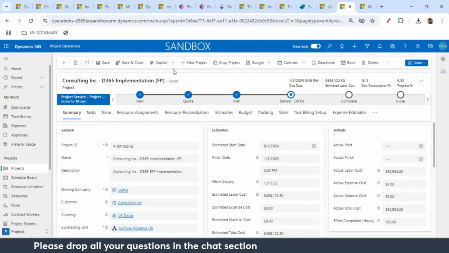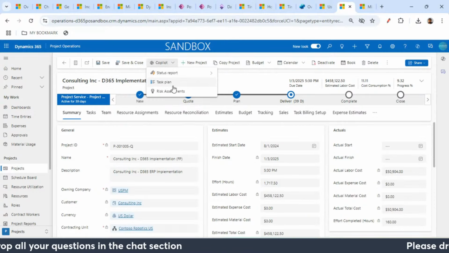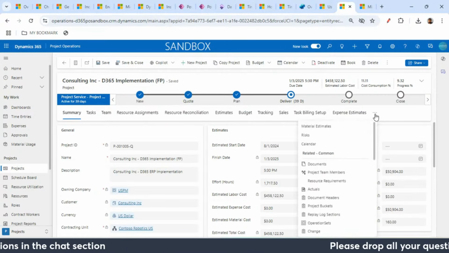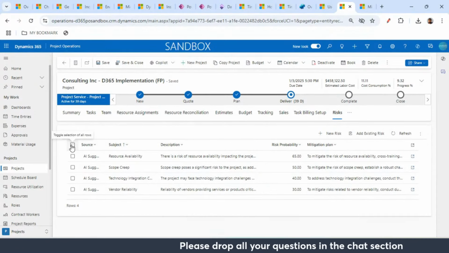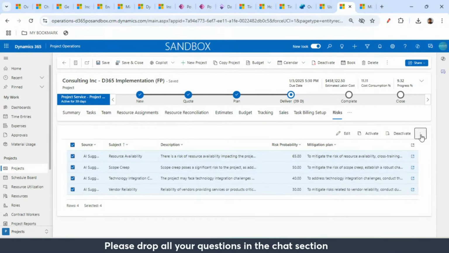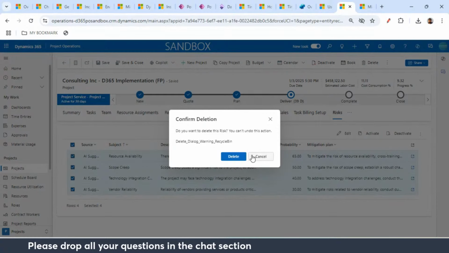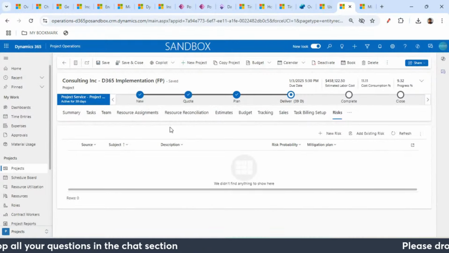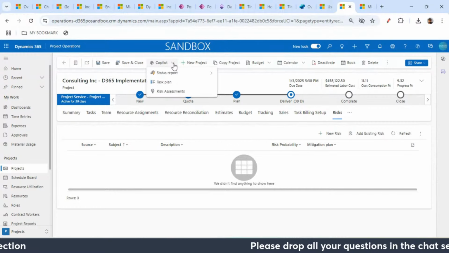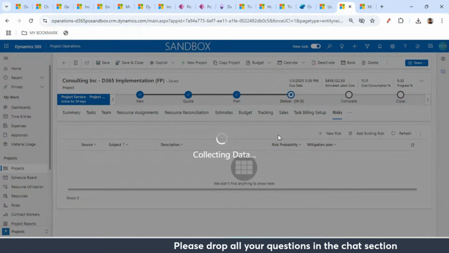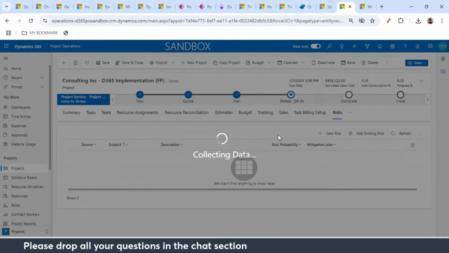Another use case I will show, which is very important, is risk assessment. So if I go to the risk, maybe there is no risk right now, maybe I will delete. Okay, delete this risk and ask Copilot to generate this risk once again, because I just tested before the session. So I will ask Copilot to do the risk assessment, and it will collect the data from the project, and it will create the risk for you, and it will